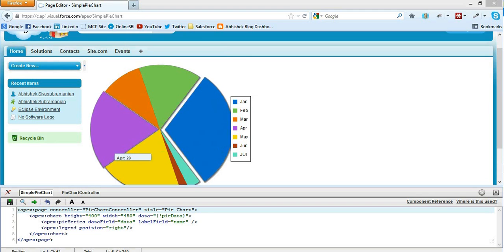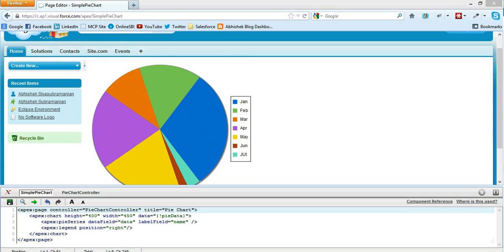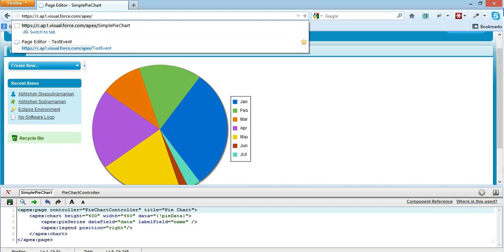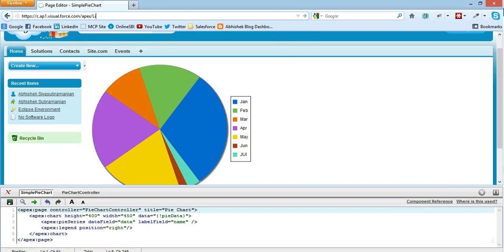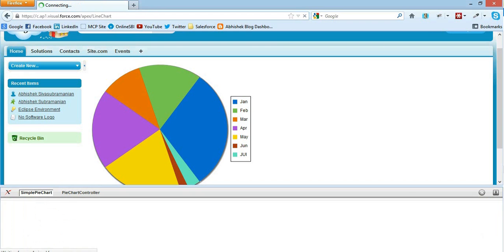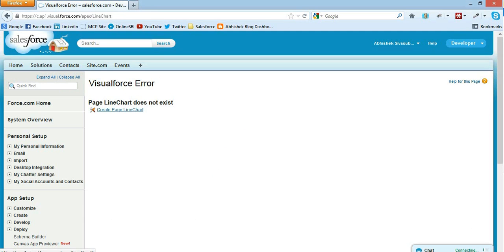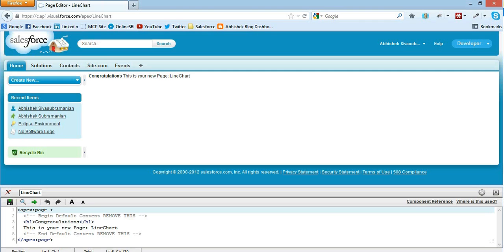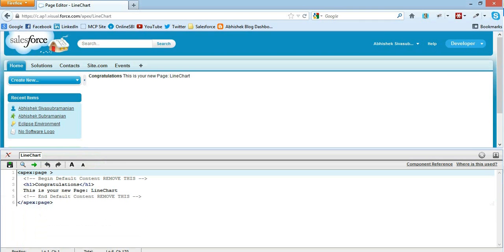Now let us go into a bit more complex charts. So we'll just try to draw a line chart basically. So let me say apex slash line chart, and it says the Visualforce page doesn't exist, so just click the link. It creates a Visualforce page for you. Okay,